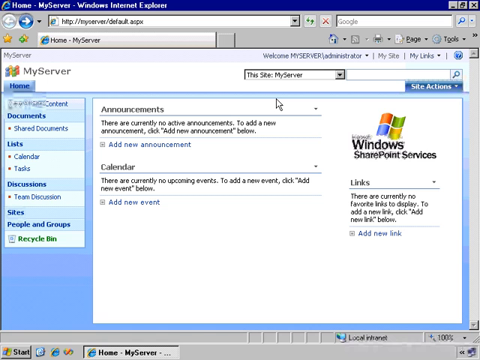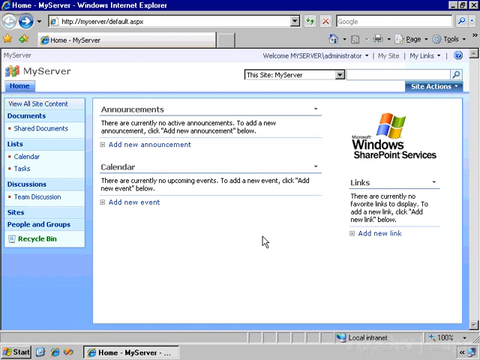So here I am on a SharePoint site, and this is a team site template that's been applied. This is very useful and productive for team environments where you'd like to have different announcements, different calendar items, and different links that you might want to share across the team. Out of the box, you'll notice that this template has not been customized, and this is what you'll see